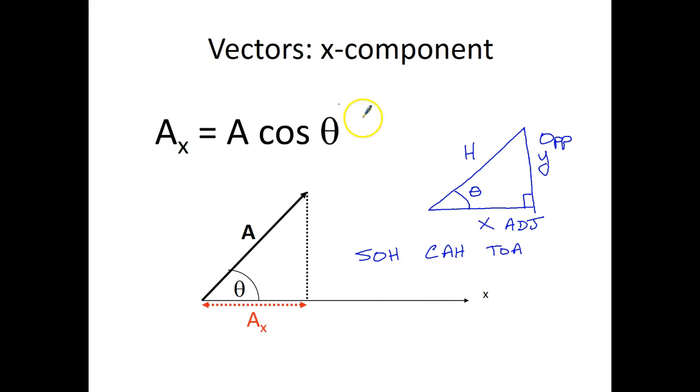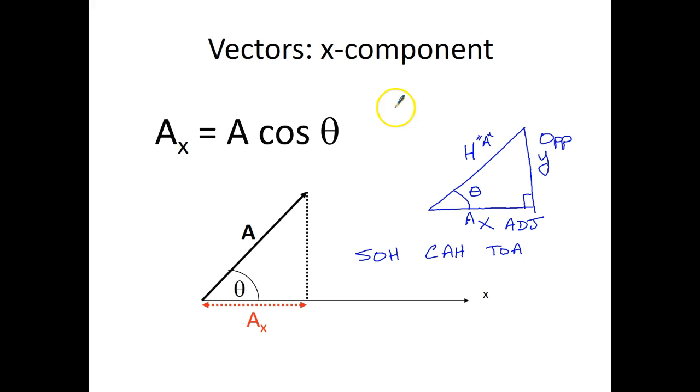So how does that make this? So here is our A to the x. This hypotenuse is really what we're calling A, and we want this adjacent side. So the adjacent here is cosine. Aha, that's where the cosine comes from. And typically what we'll do is we'll say that